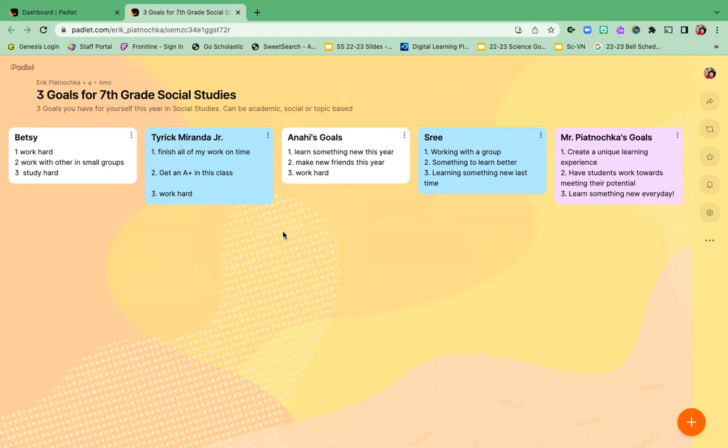When we talk about social emotional learning, or when we talk about goal setting, especially given that the population I work with is special ed, we are always discussing goal orientation and setting goals and meeting goals. And then ultimately for any student, whether it's special education or general education, there is this idea of goal setting and accountability. So real fast, if I wanted to add something to the Padlet,